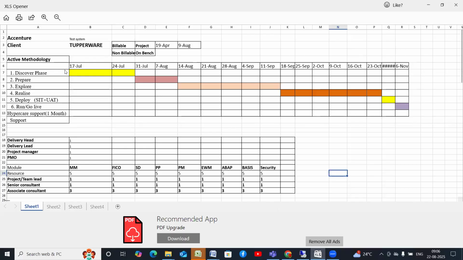Once you have all this information, you will get to know who your client is, for which client you are working. I've just taken the example of Tupperware. Similarly, you will get to know who your client is and for whom you are working. You will have your full team, or sometimes maybe only one or two resources have onboarded to the project, and the rest of the employees will join shortly, maybe next week or next month. So initially, when we start, 1 month, 2 months will go on like this: discover phase, resource arrangement,